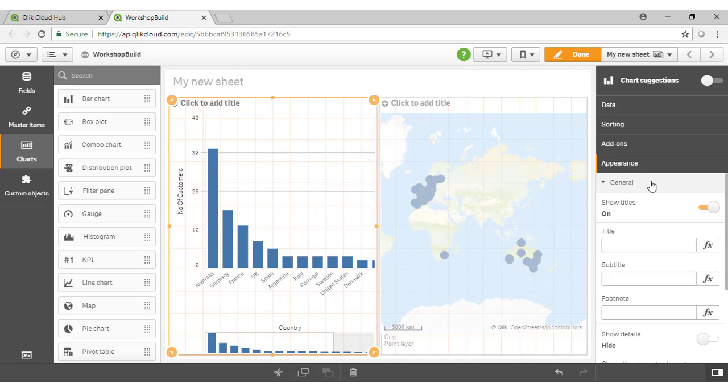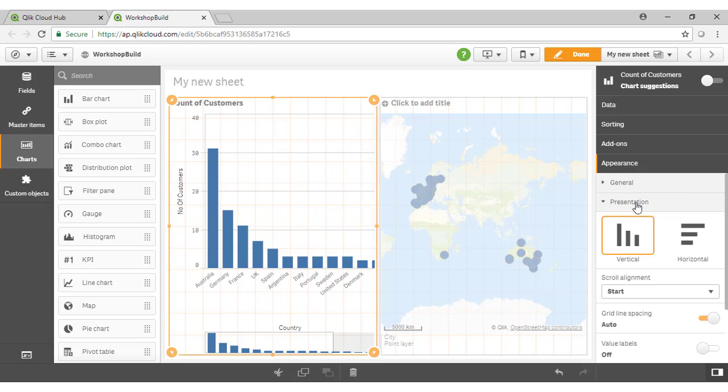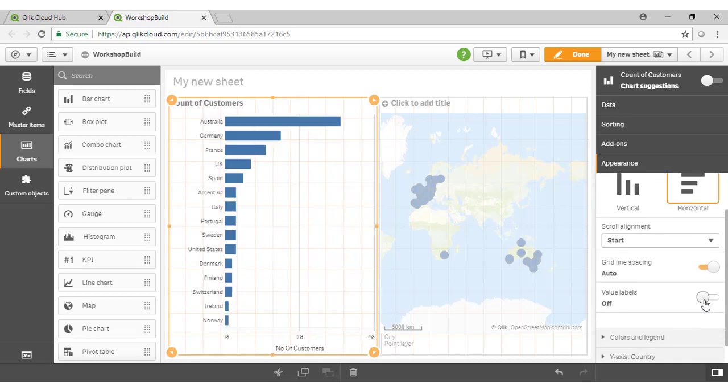Within the general tab here we have the ability to play with the titles. Now the first title I can actually type straight in here, and we call that count of customers, for instance. Notice how that comes straight across to our field over here, but we can also add in subtitles and footnotes as part of the labels there as well. In my presentation section I can do things like turn this chart on its side, show the actual values on our charts as you see,